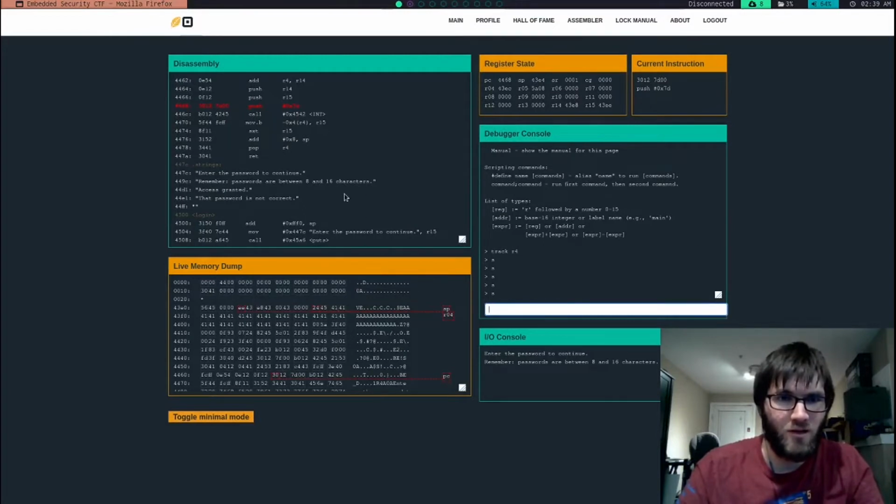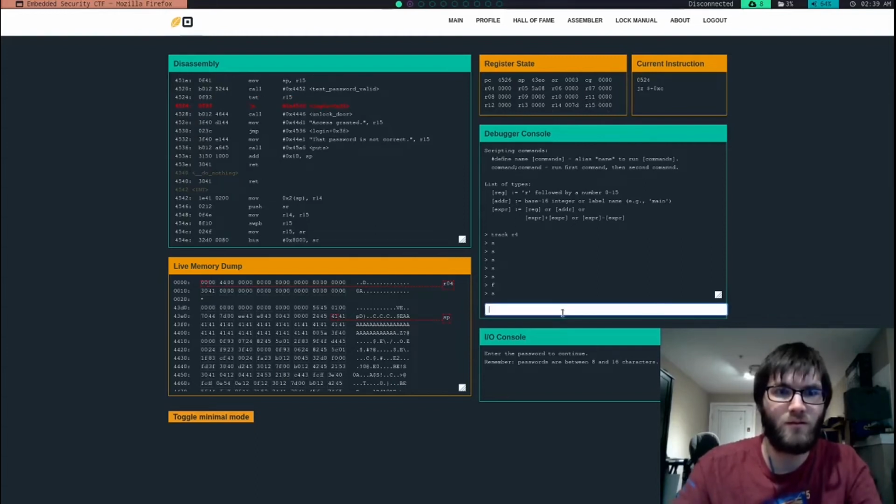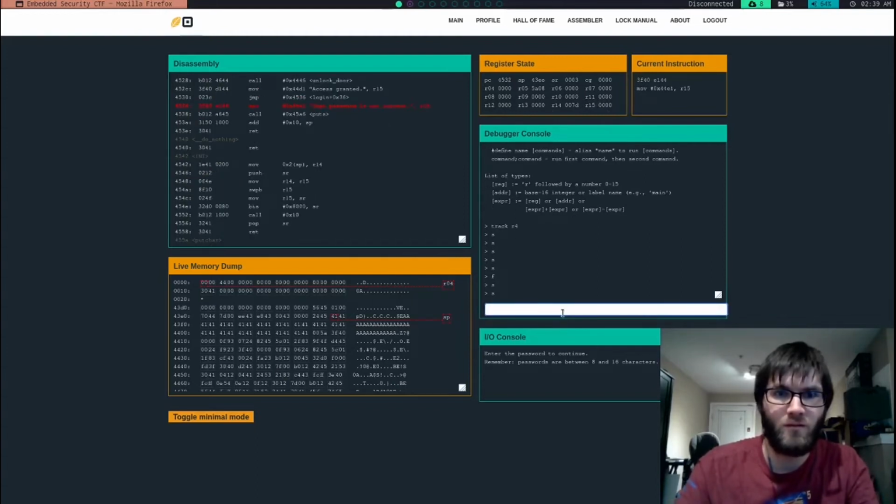So, I guess we should just finish out this function. Test R15, that's going to fail because it is 0. The password is not correct,